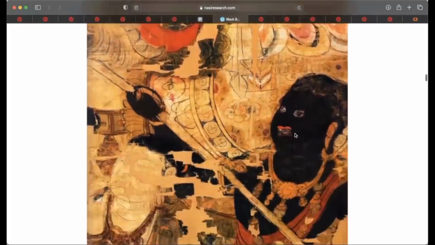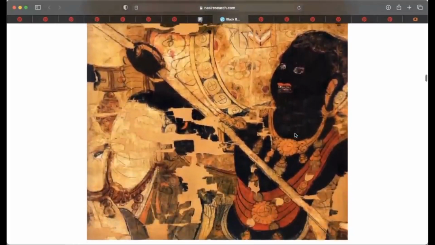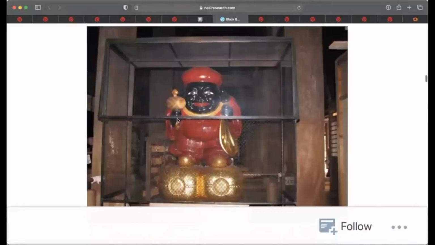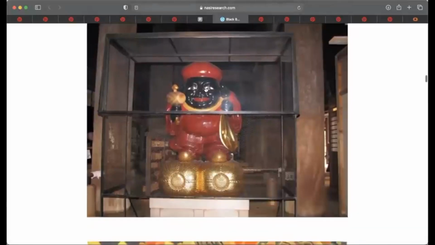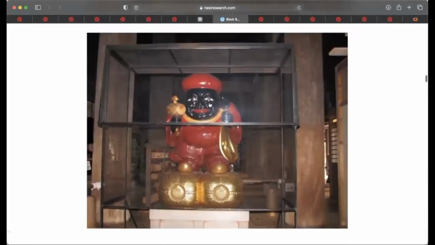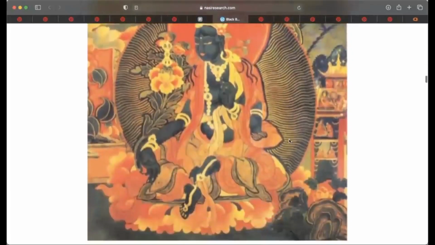Some more images right here. As you can see, it's all over the place. They know who the original people are. They make the pottery and the ceramic statues themselves. They know why they depict this guy so dark skinned. Here goes, I don't know if that's Buddha or another